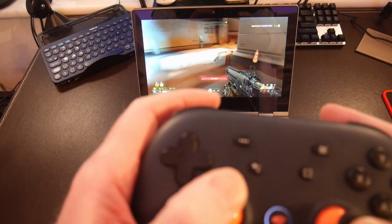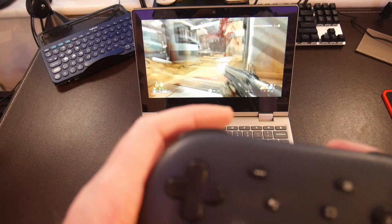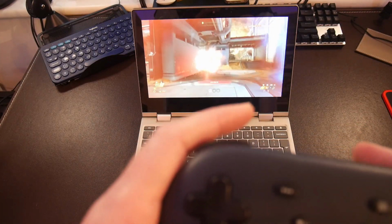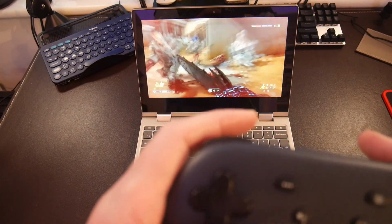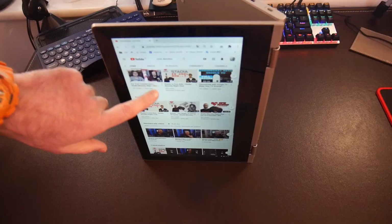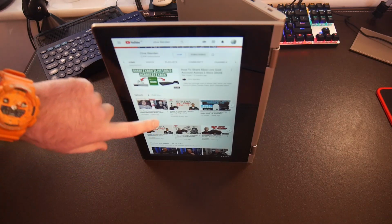Yes, I'm playing Doom Eternal, a AAA game on a £300 Chromebook. Gotta love Stadia, but also GeForce Now, of course, which has a lovely Chromebook app as well. This flexible functionality is really cool. And you can have it in portrait mode, and the screen orientation changes within a second,